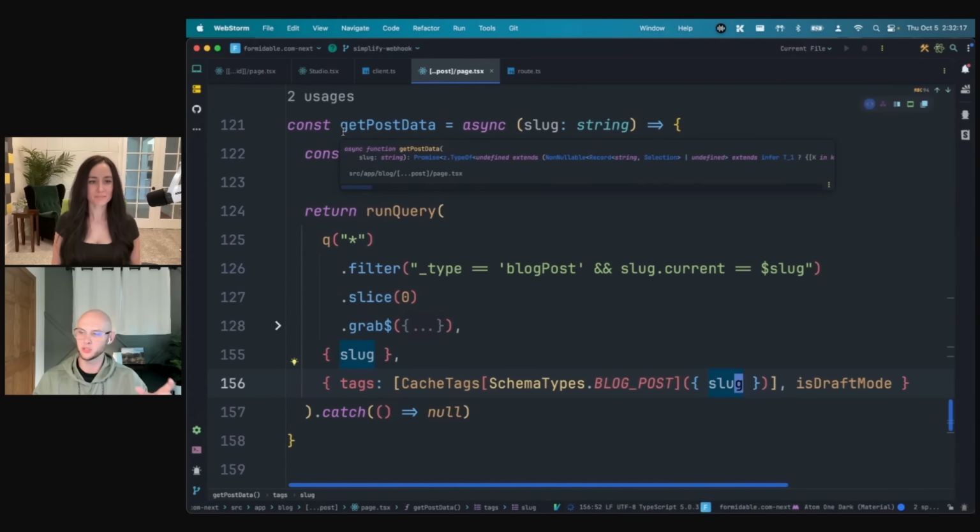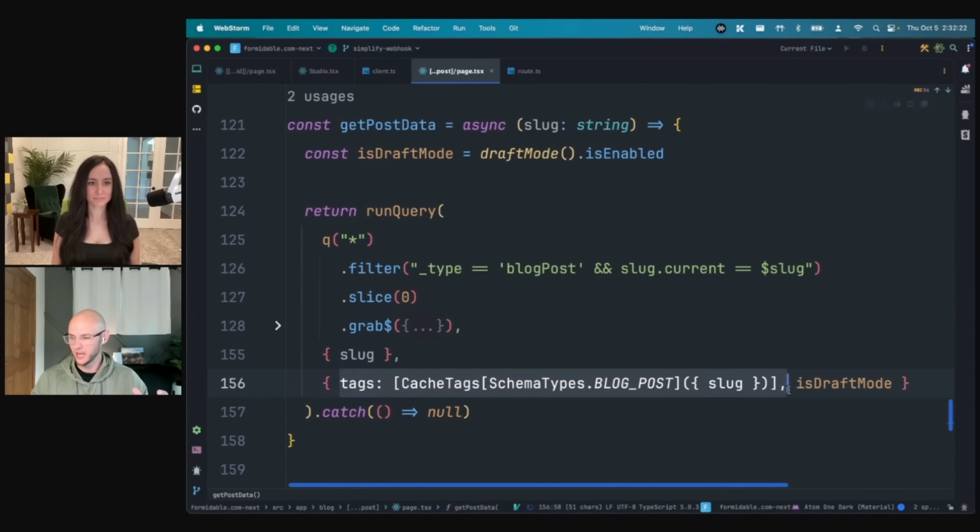is fetching blog post data. And we've got a query and we're passing through some tags. Basically what I'm doing is using a helper here that takes the blog post slug and then generates out a cache tag for the blog post with that slug. So that's good. Now we've got the tagging of our requests done, but we still have to handle the API